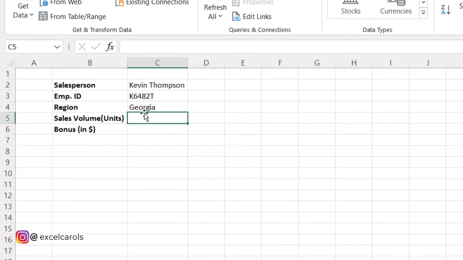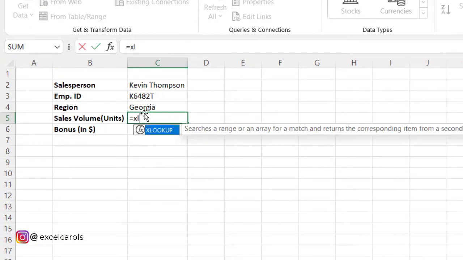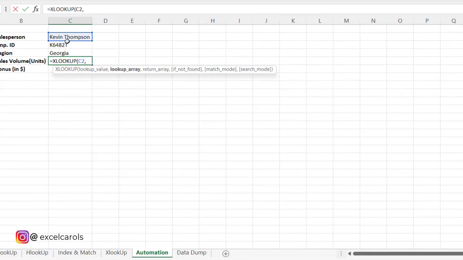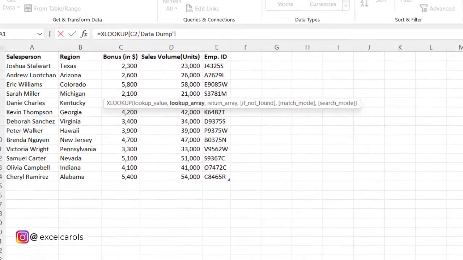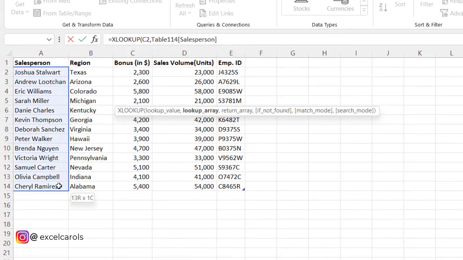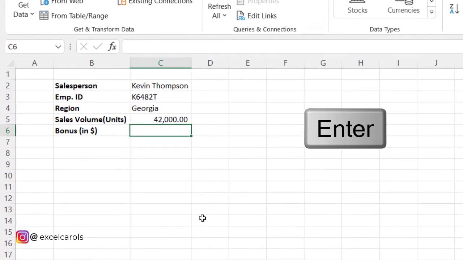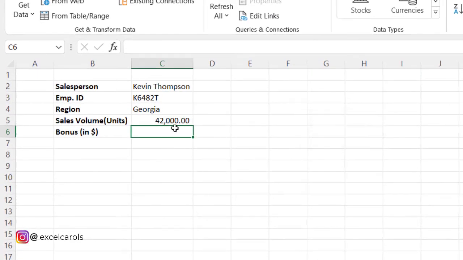Let's find out the sales volume. Let's use the XLOOKUP function again. The lookup value which is the salesperson, the lookup array, that is the list of salesperson, the sales volume, that is the return array, close bracket, press enter, and we have the sales volume.